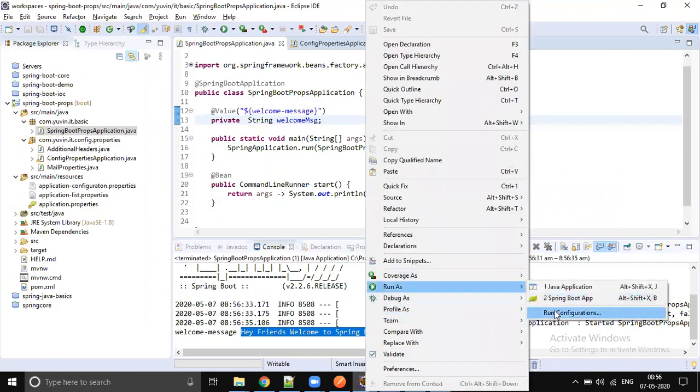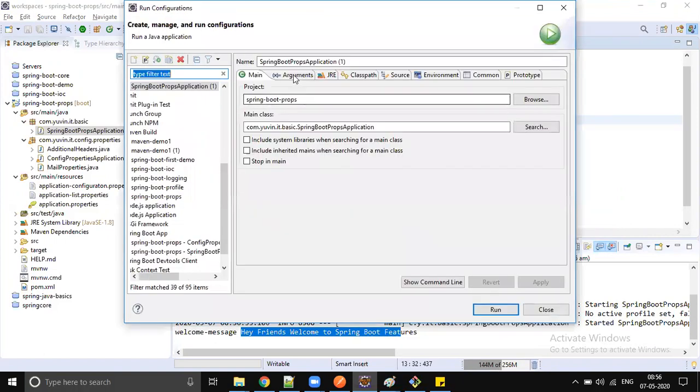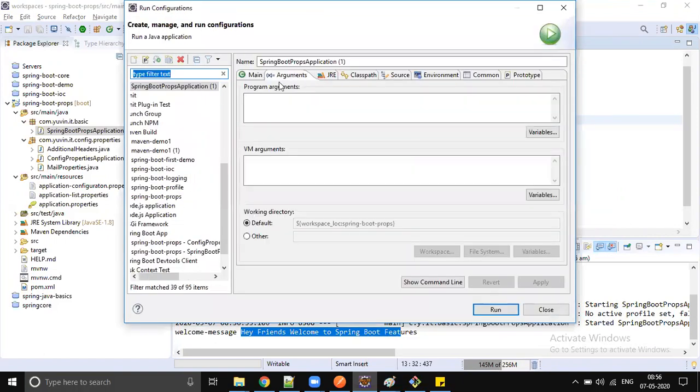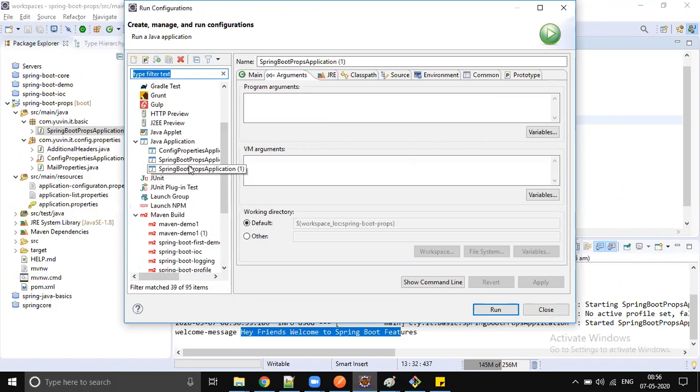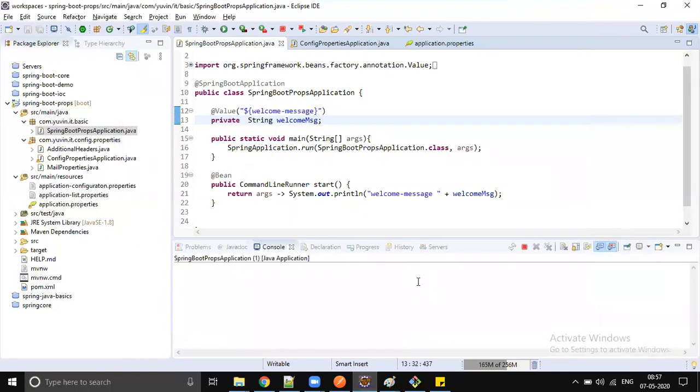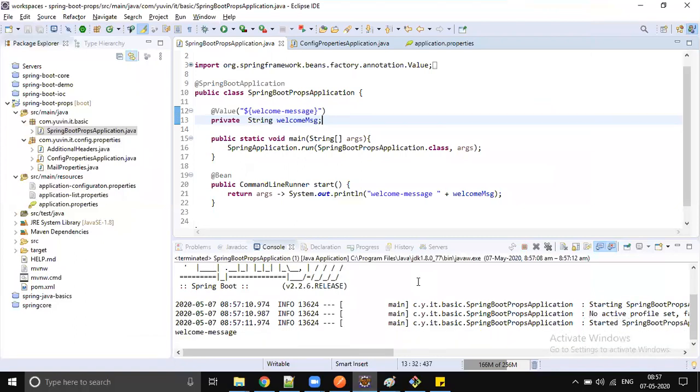Run as run configurations. Where did I configure that? Let me put it in my application and apply. It should take the value which we are passing, the welcome message.